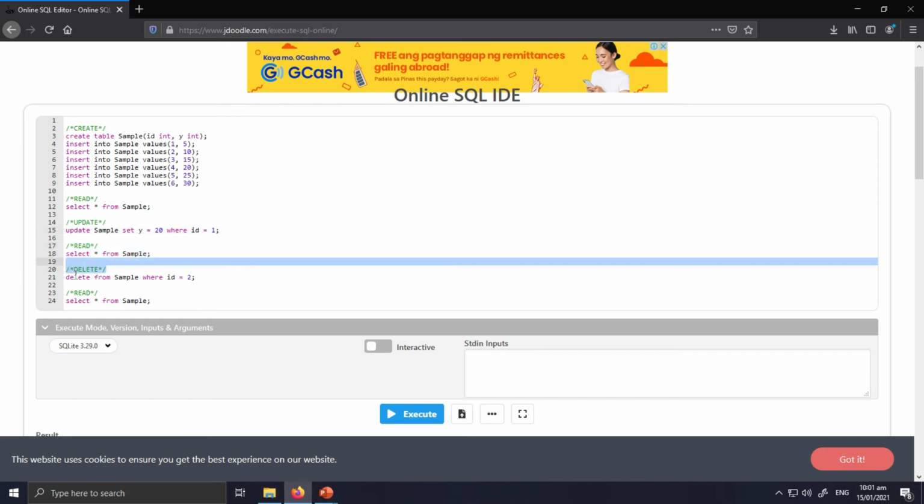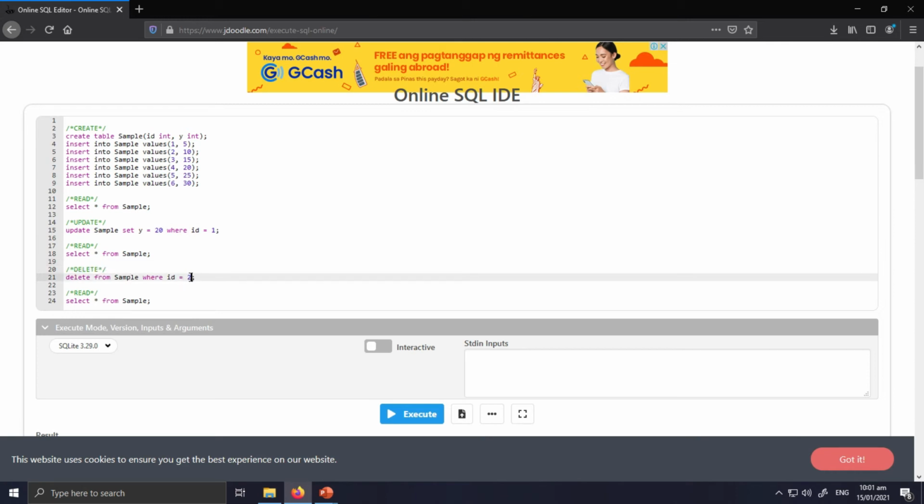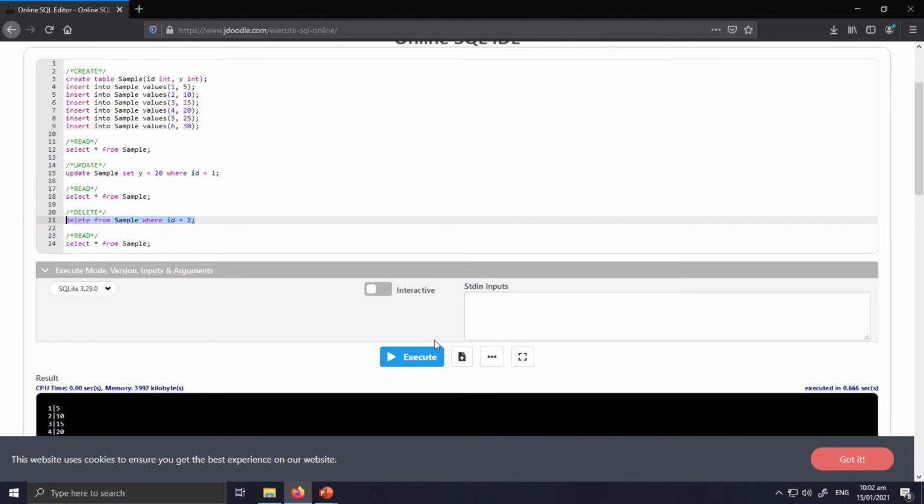Then the update sample, this is the table name, setting the Y to 20, and the ID I've been using is 1. So as I expected, the number 5 will be changed to 20, and I'm going to print it again so that I can see if it changed or not. Then the deleting, I'm going to delete the row with the ID of 2. So I expect that this data will be deleted. Then I am going to print it again so that I can see if this command is accepted by the SQL. By the way, I am using an online SQL editor or compiler, SQL IDE, for my example. Then I am going to execute it